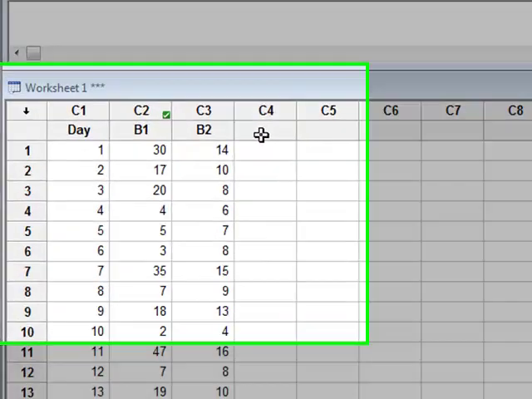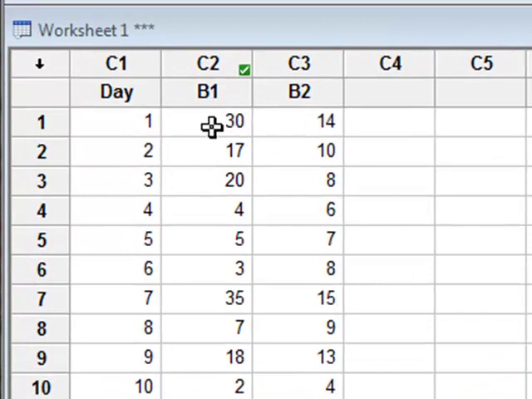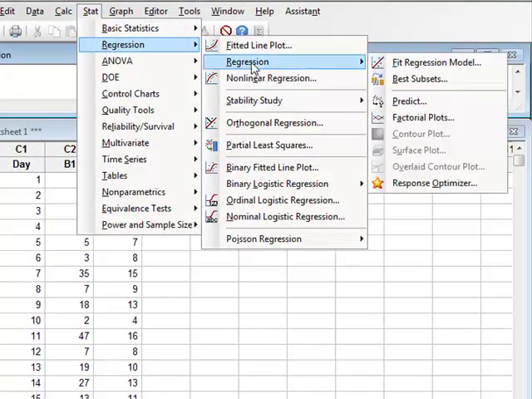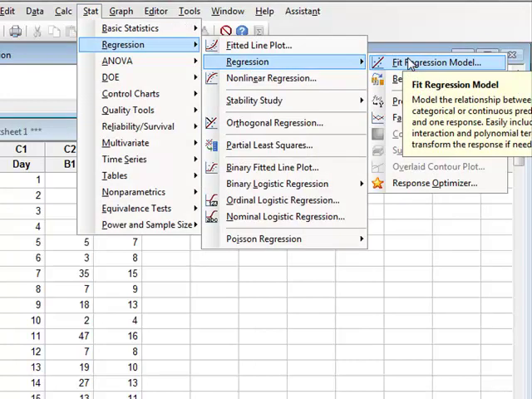The data here records the number of occurrences of particular types of behaviors in a group of chimpanzees on 23 different days when there are different environmental conditions. And the student wishes to see whether there is any mathematical relationship between the two types of behaviors, behavior 1 and behavior 2. And we can look initially at doing a regression model: Stat, Regression, Fit Regression Model, and